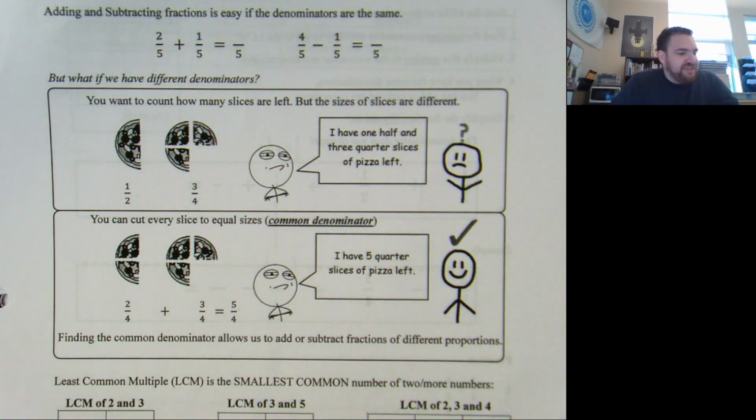Okay, so adding fractions is easy if the denominators are the same. If I have 2/5 of something and another 1/5 of a thing,